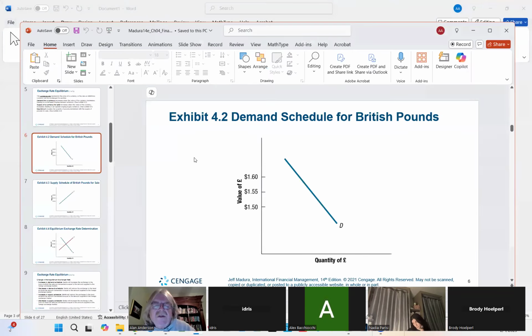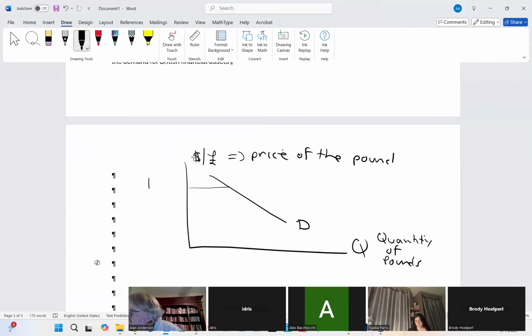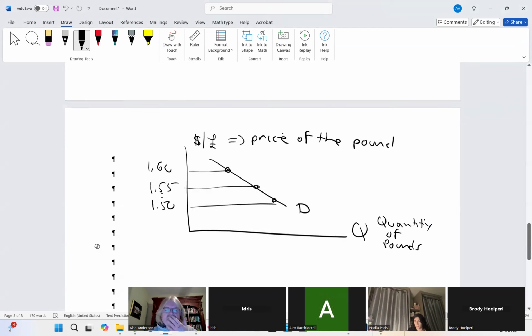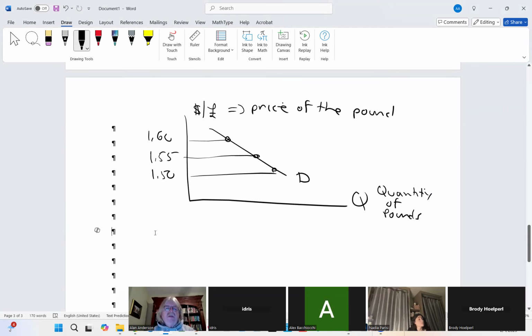So let's see, they've got 160, 155, and 150. Now, here's the interesting part. Let's label these points 1, 2, and 3, just to make it clear what we're talking about. At point 1,